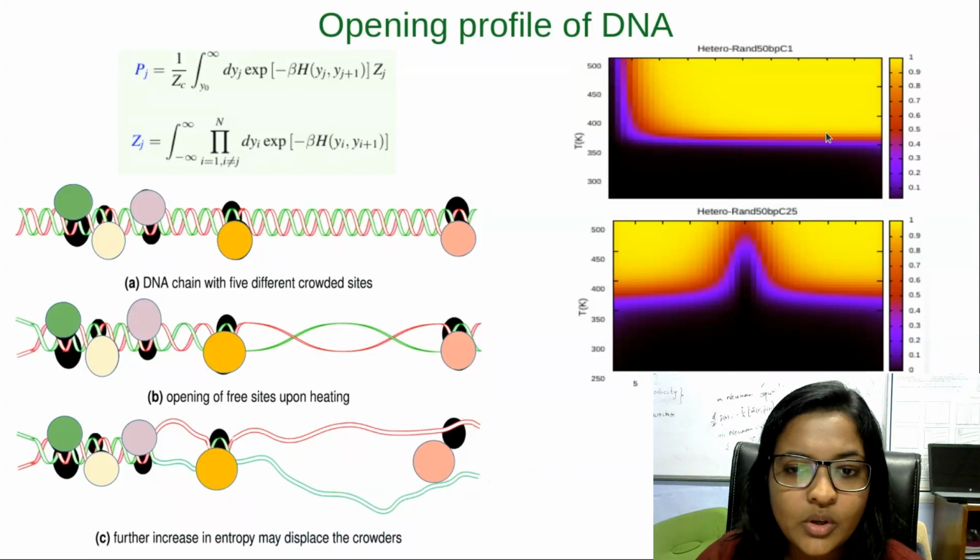This multicolor plot also shows the opening profile as a function of temperature. In this first figure, the crowder is placed at the first position and the entropy increases for the DNA melting, which shows the chain is bound at one end as displayed by the black color. So the chain will open from the other end as displayed by the yellow color. Similarly, when the crowder is exactly at the middle position, the chain will open from both ends. Hence, we conclude that as the crowder molecule occupies a substantial amount of the system volume and suppresses the entropy, the entropy increases due to thermal fluctuation, and there is an increase in the DNA melting temperature.